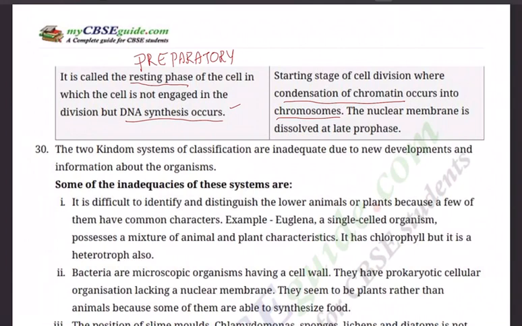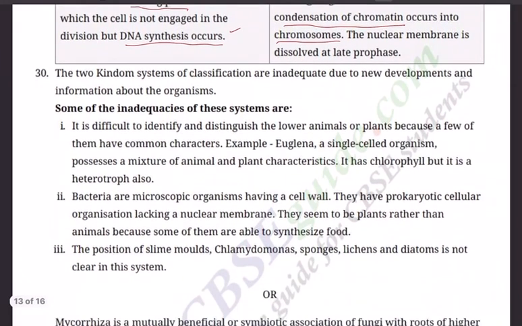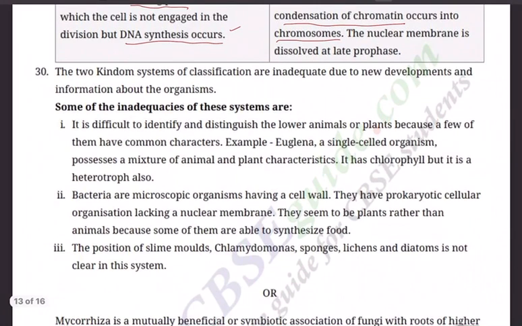Question 30. What are the inadequacies of 2-kingdom classification? Of course, we know it. The 2-kingdom system of classification is very much inadequate due to new developments and information about the organisms. Some of the inadequacies of this system are: